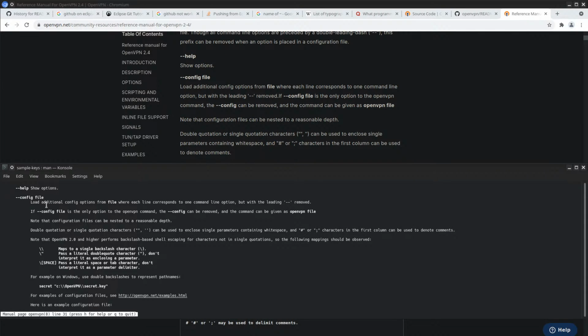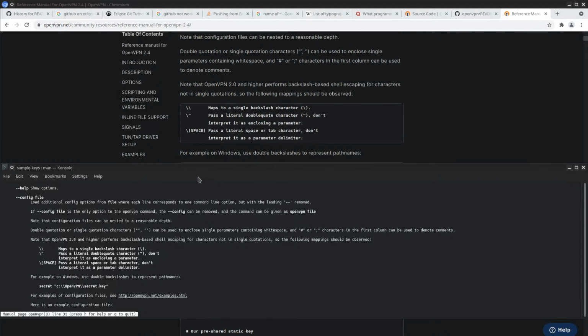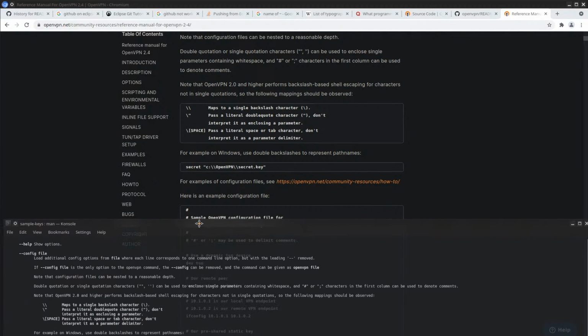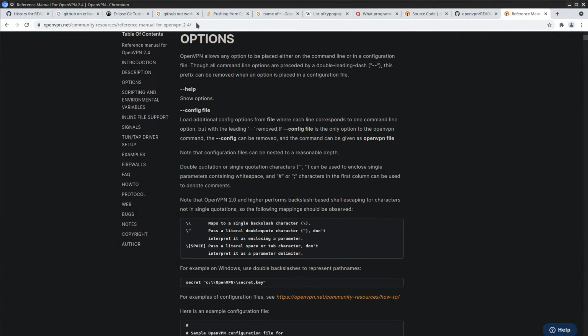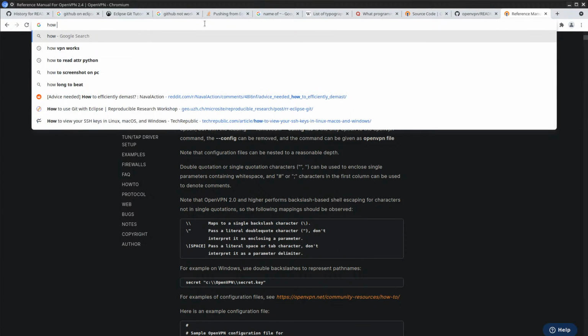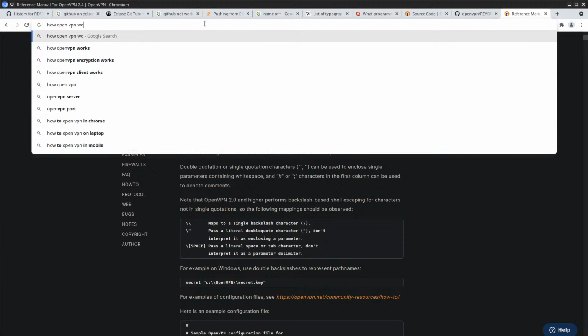It's almost identical. Config file. Actually, it's different somewhat. Maybe not actually. Same. Alignment is a little bit different. Okay, so this is not it. I should just Google how OpenVPN works.